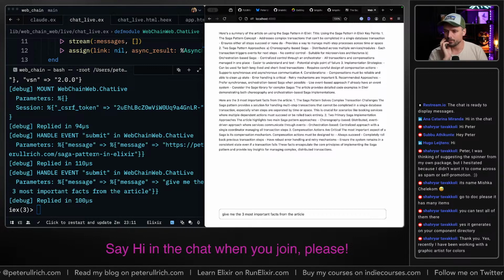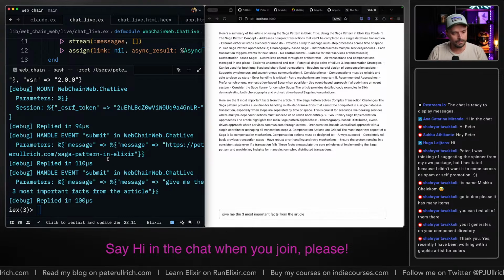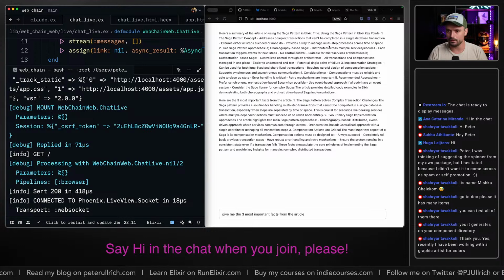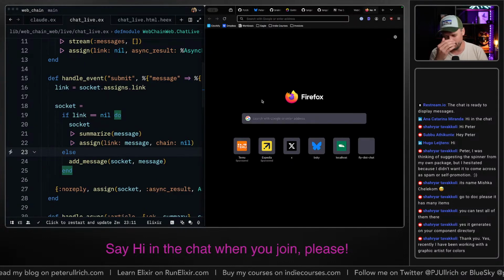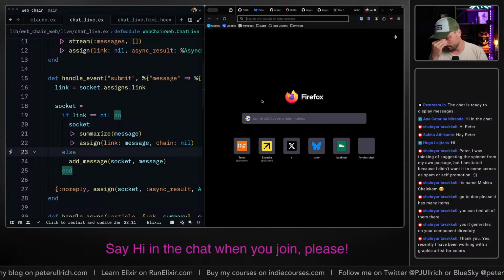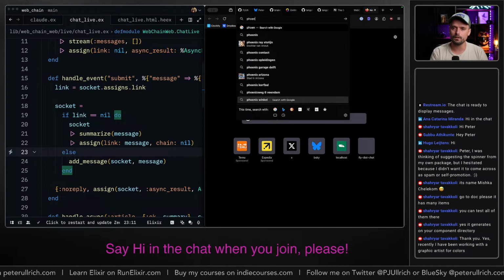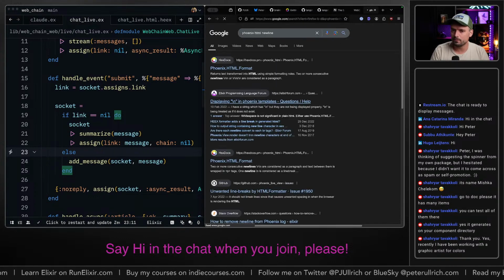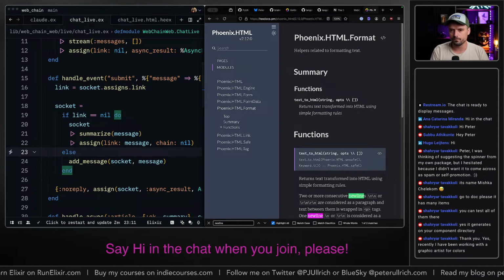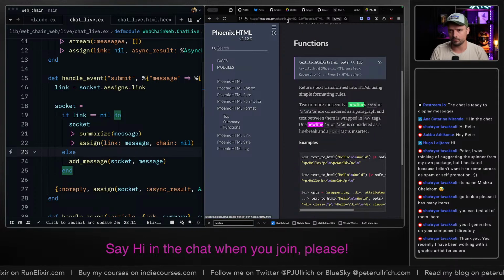Awesome. We could also style this a bit better, especially because I think the response also has new lines and everything. There used to be a formatter thing, I think it was Phoenix HTML, that gave you a new line format. But that's in the old version. I think it's not in the new version anymore.